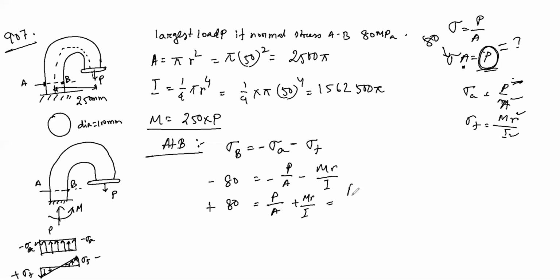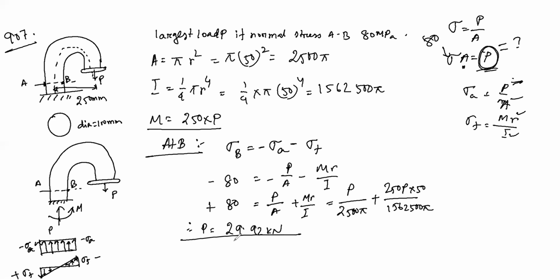p কত? p বের করব। এ আছে আমার 2500 পাই, m আছে আমার 250p, আর r হচ্ছে 50, আর i হচ্ছে আমার 1562500 পাই। যদি আমি বের করি, তো এখান থেকে যদি আমি p বের করতে চাই, p আসবে হচ্ছে আমার 29.92 কিলোনিউটন। ক্যালকুলেশন করলে এটা পাওয়া যাবে। ওকে, এখন এই পিটা তো আমি শর্তে ফেলে পেয়েছি, বাট ডাজ দিস